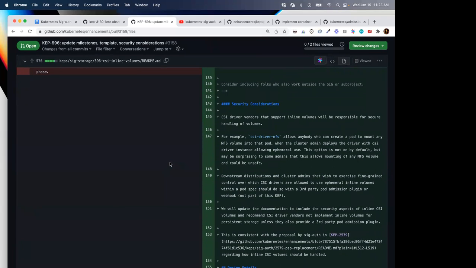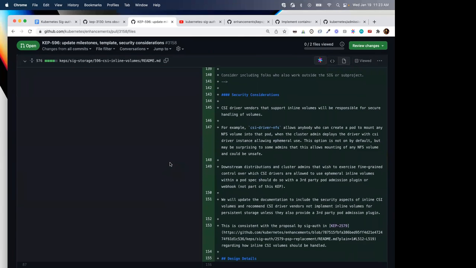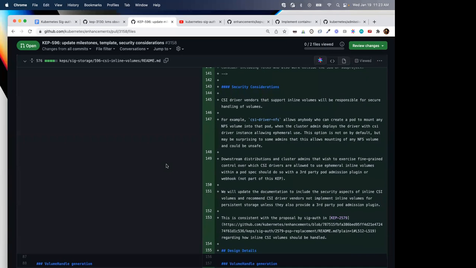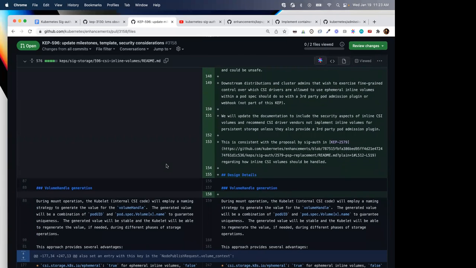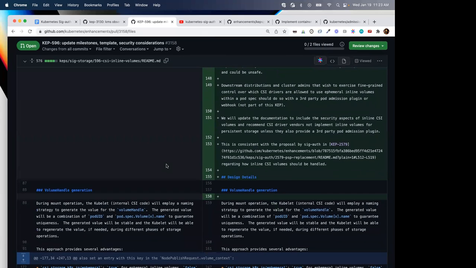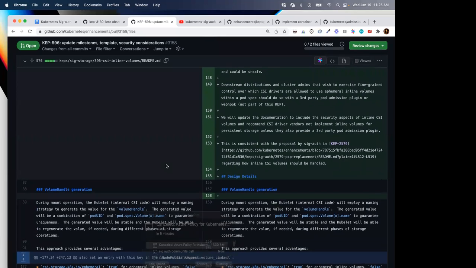We will update our documentation for CSI driver vendors to use ephemeral volumes for safe data and not expose insecure parameters. We can do that, but I am 100% sure that there will be a CSI driver that will break that, because people really want to have inline volumes in pods using CSI drivers to access persistent storage. They do it now with NFS volumes. They will want to use it with CSI drivers too. So whatever we document as SIG Storage, whatever we recommend, I am pretty sure people will break it. Is this something that's okay for you?